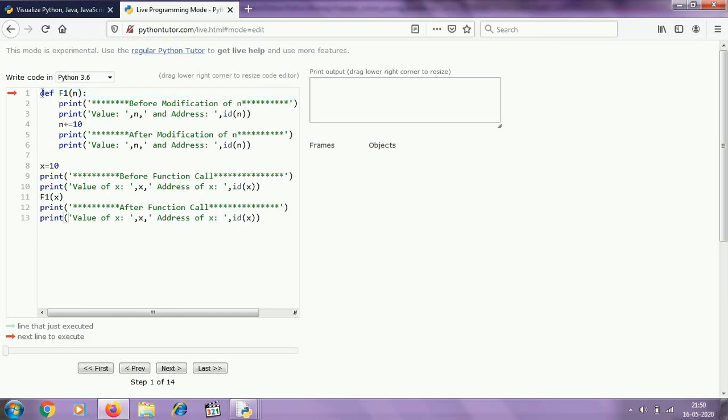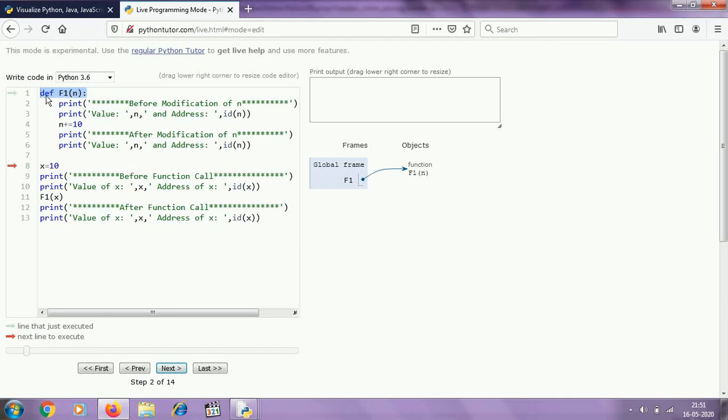That means this line will be executed, and this arrow will indicate line that just executed. So if I click on this button next, then this statement will be executed and this arrow will point to the next executable statement or line. So you can see that this line is executed, and after that this line will be executed.